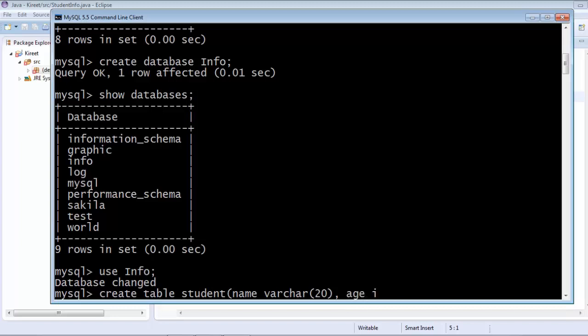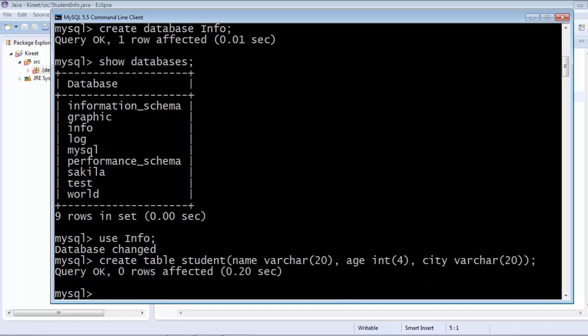Age is integer, so I'm just assigning 4. And city is varchar, and the length is 20. So it says 0 rows affected. It means this query has been executed successfully.